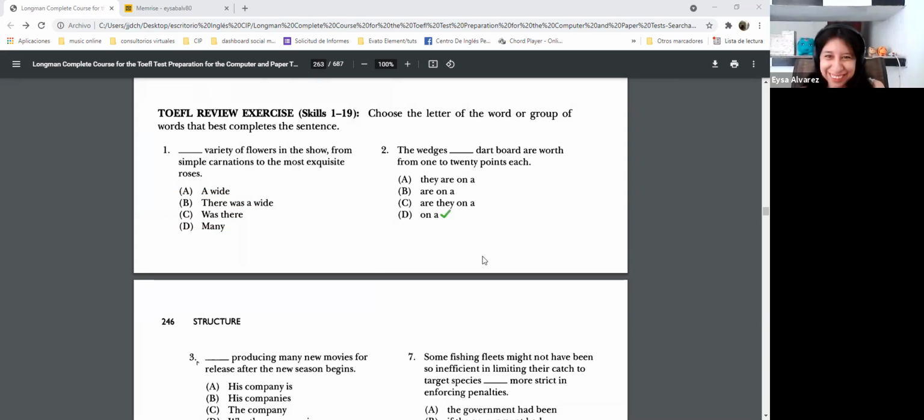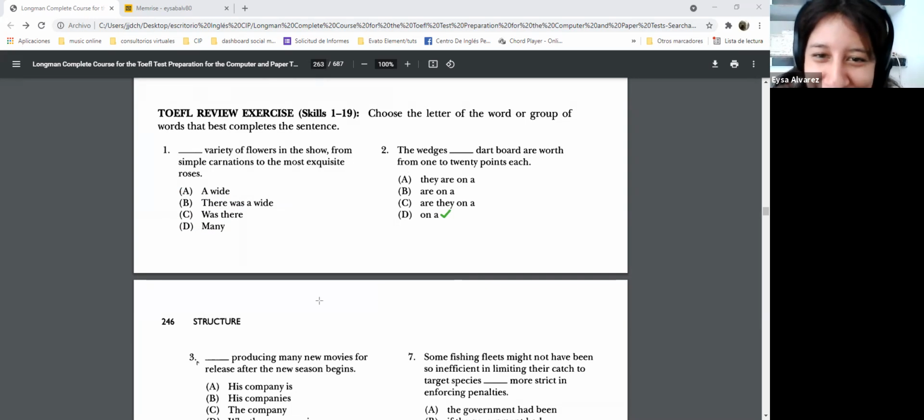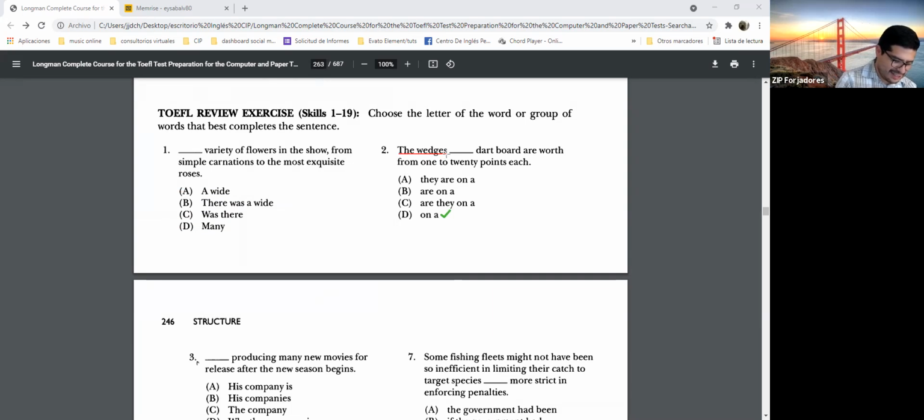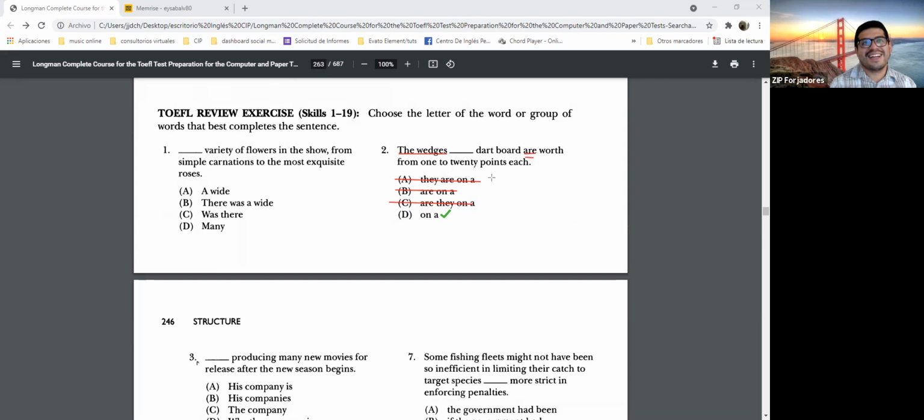B, and it's correct. Oh my god. Very good. Why? Yes, why? Well, actually, we have the subject that is the wedge. I don't know how to pronounce it, I think it's wedges. Wedges. Okay, yep, that one. And we have the verb to be that is the action, are. And then we have a prepositional phrase. So I think we only need to say more information. I don't need a subject, an action, sorry, and also a subject. That's why it's not letter A, because we have they and action are. And yep, that's why it's only B. Exactly, exactly.